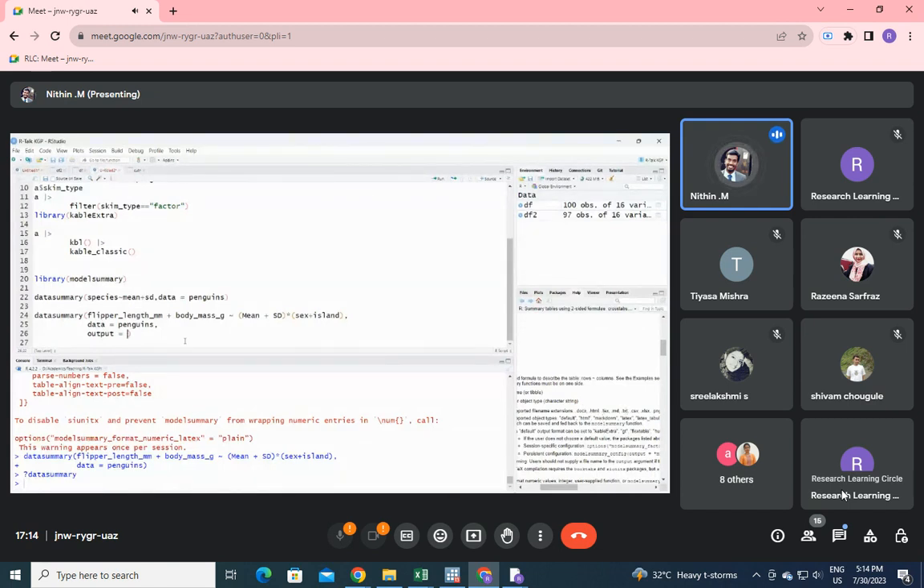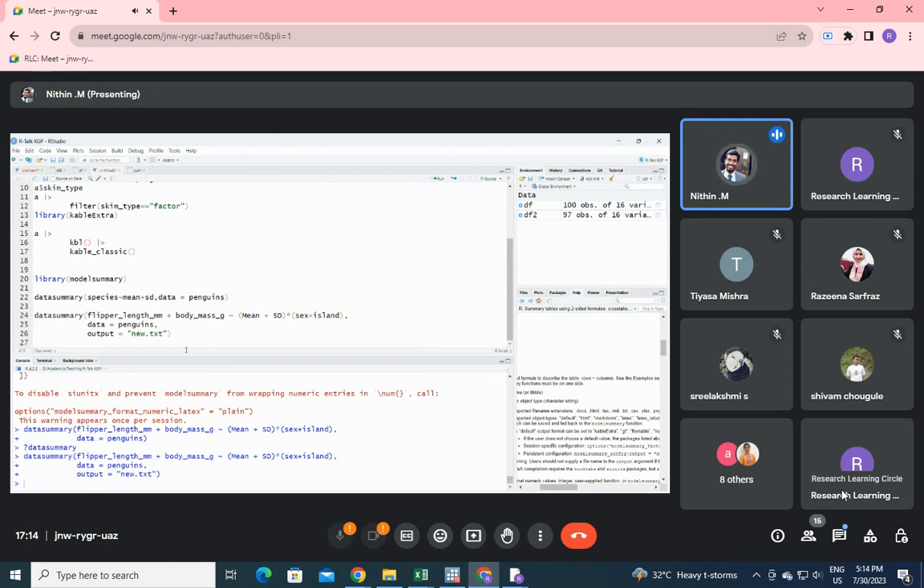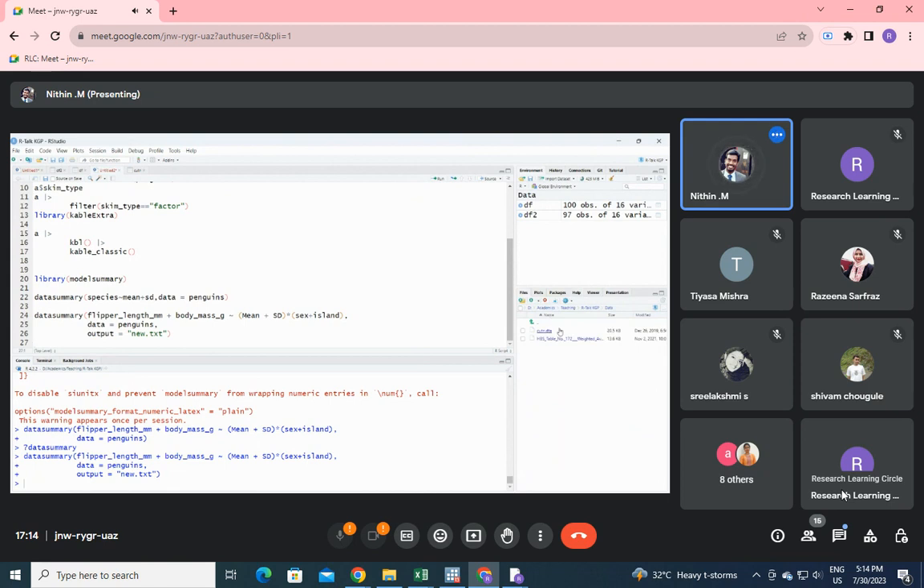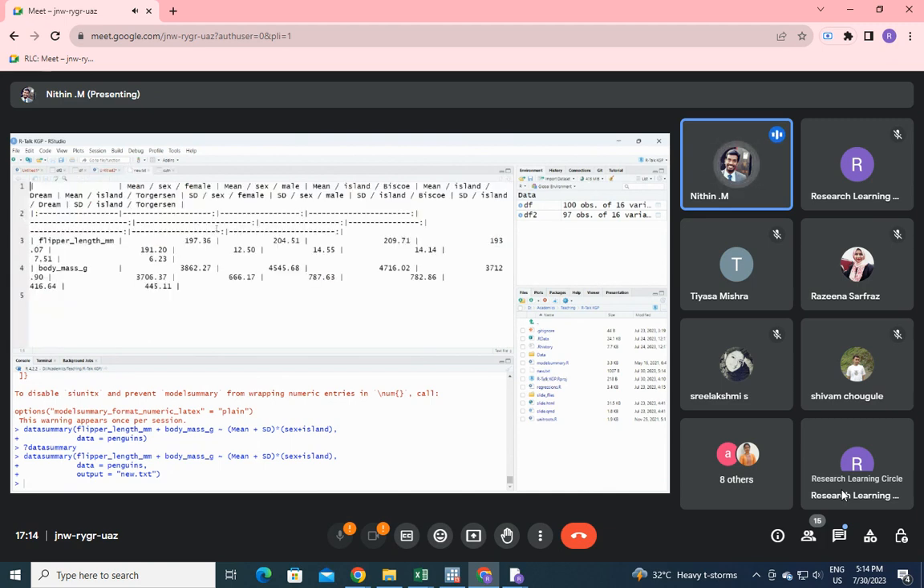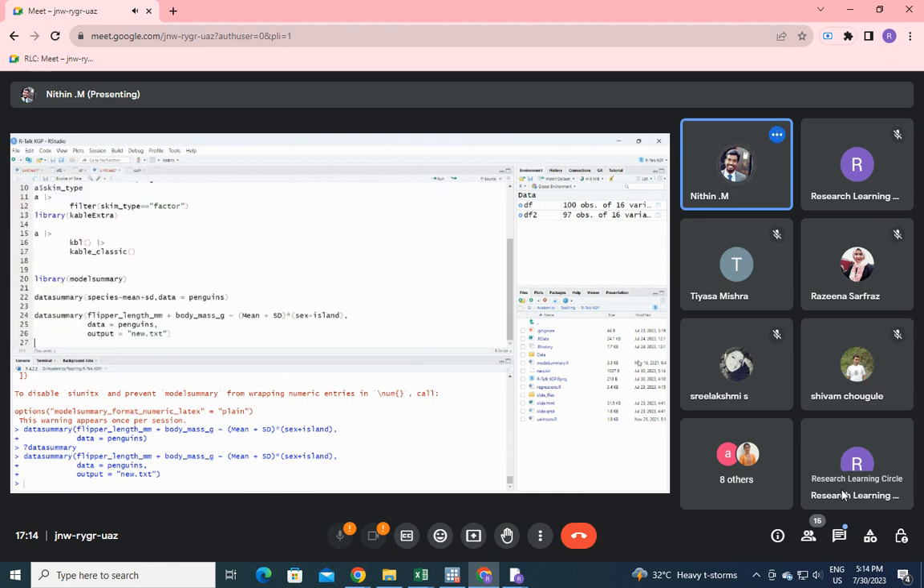Okay, so if I use new.txt, if you pass it like this with a proper extension, it will get stored into your current working directory. It will store as a text document. So you can see that when you do see files and rtalk, new.txt has come here. If you open that,